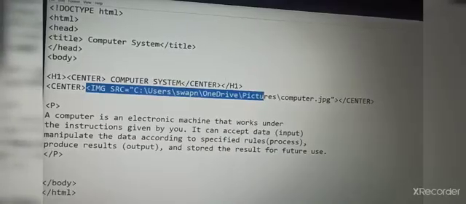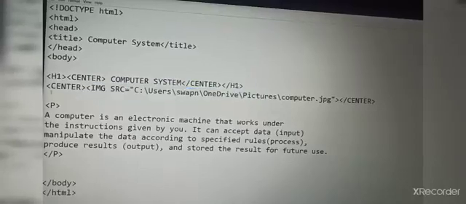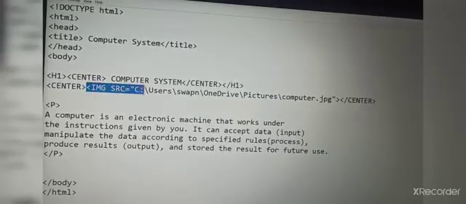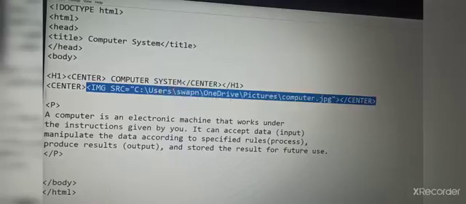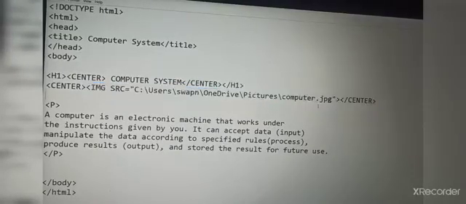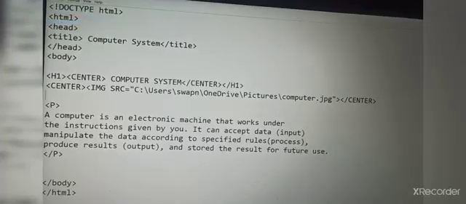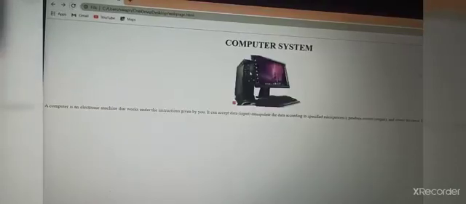Now we are going to center our image, so it will appear in the center of a web page. See here, we have written a center tag, and then we have written an image tag. Again, the source we have given is where it will show from, and then we close the center tag. Now after saving, we are going to see how it will display on our web page. See here, our image will appear in the center. Got it? So we have done centering an image in the web page.